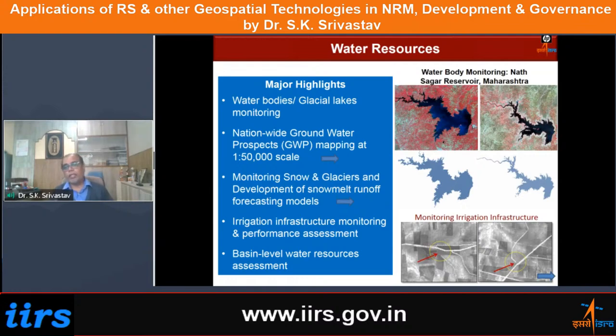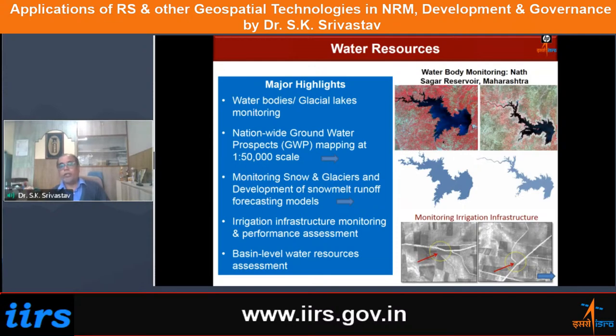So if we have the temporal data sets, temporal remote sensing data sets, particularly for this kind of application, we need to use only the optical remote sensing data. But if you want to monitor the water bodies even in the monsoon terrain, in that particular case, you can also use the SAR data sets, but otherwise optical data sets would suffice enough if on that particular date the clouds are not there. So we can use those satellite images for mapping the water bodies, right?